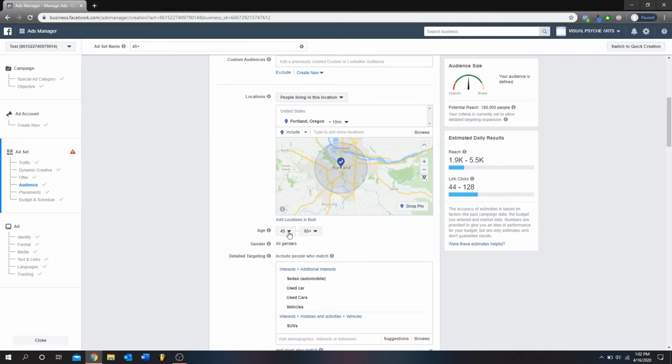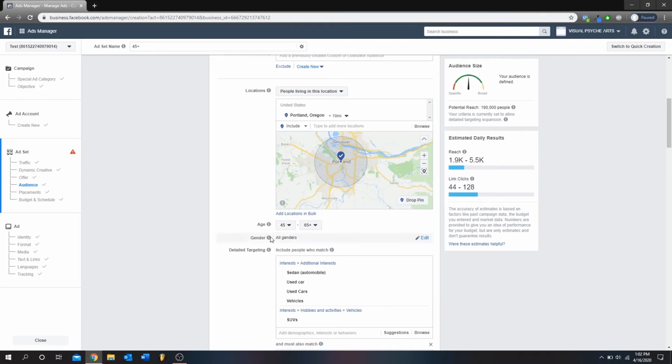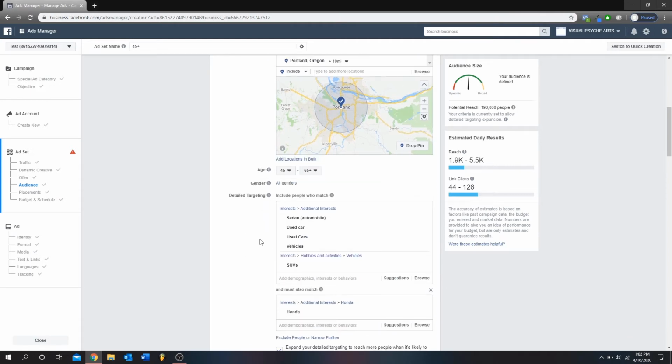Ages, you want to target people depending on the cars you have. If you have more expensive cars, you want to target people who are a little older, who most likely have the money. In this case, choose 45 to 65 plus. And again, this is just an example. You can choose genders, and